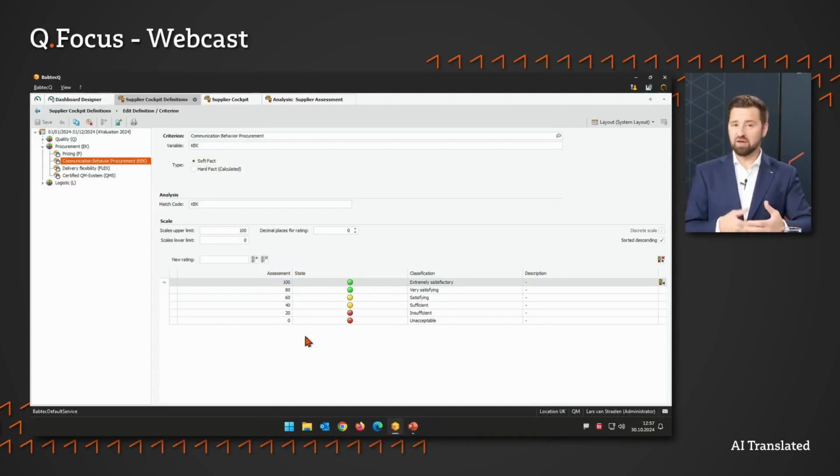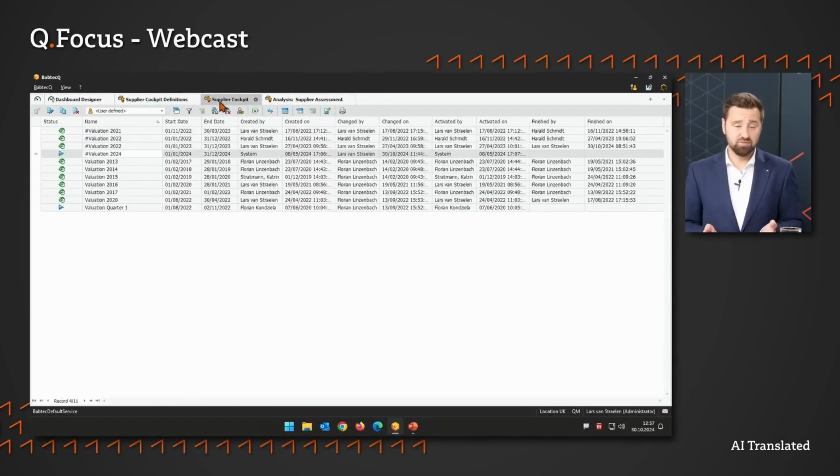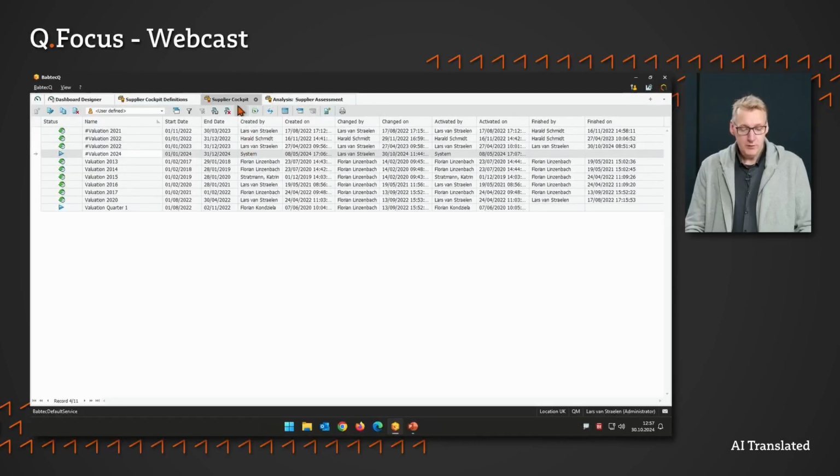Okay, we have now set up our categories and defined the criteria that are necessary for calculating and determining supplier performance and supplier capability. But so far, we haven't evaluated a single supplier. That means we now have to switch to execution mode in order to actually initiate the evaluation. I've already done that in the background. So now I'm actually in the Supplier Cockpit, meaning the module that's used for the evaluation,